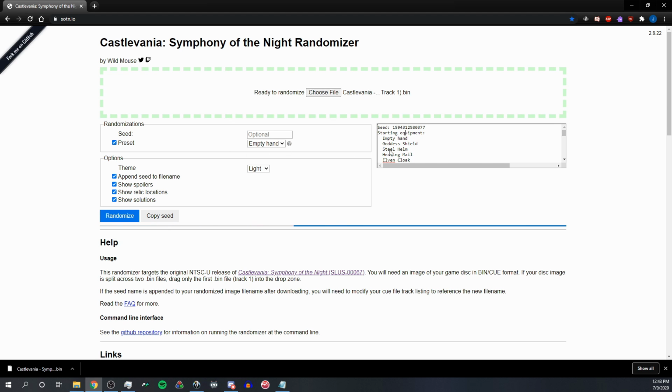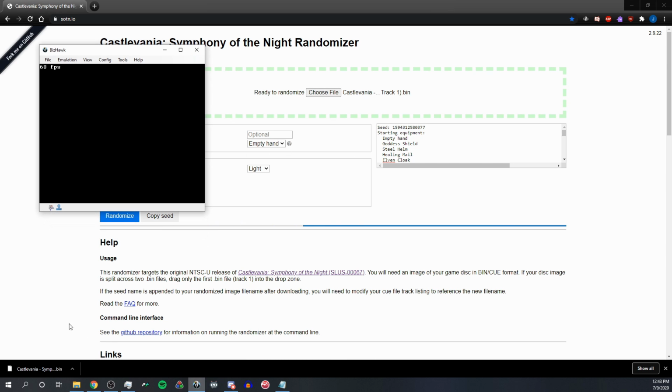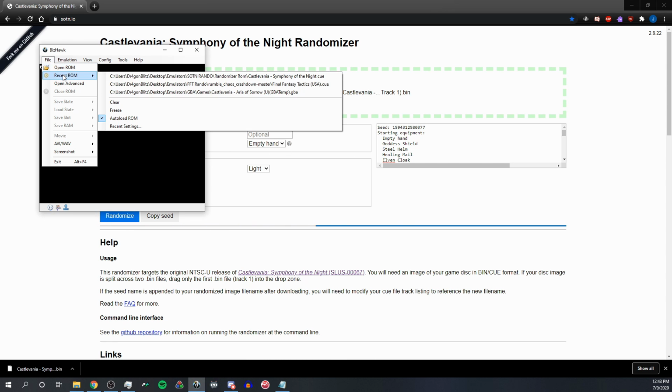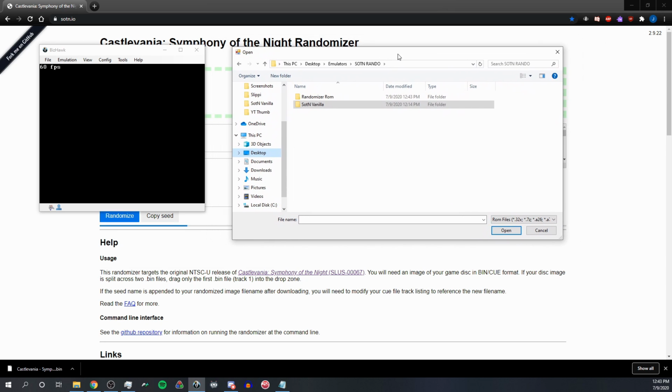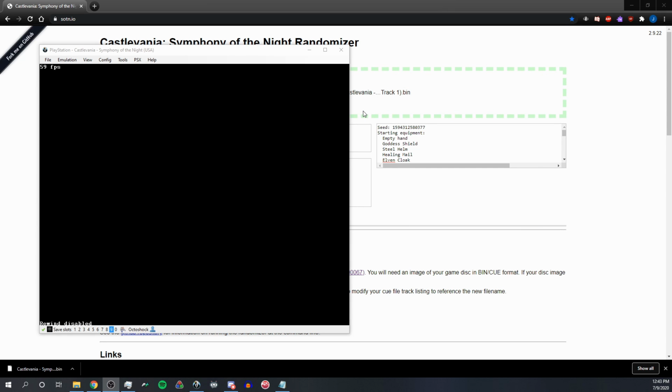And from there, all you have to do is go to your emulator of choice. Since I have them separated into 2 separate folders, it's really easy for me to know which one I'm going to be playing. If I wanted to play Vanilla Soten, I would just open up the cue of Vanilla Soten. And if I wanted to play the randomizer, I would just open up the cue for the randomizer. So if I open that up,